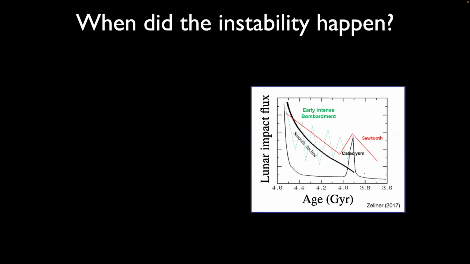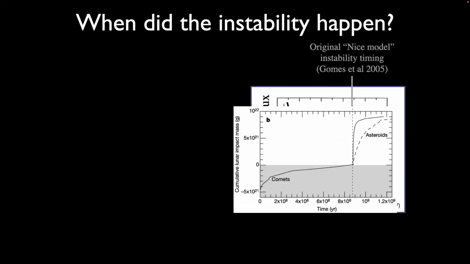And the initial Nice model dynamical instability was kind of anchored to this. The idea from the original dynamical instability model for the solar system was that we can explain a bunch of stuff bashing in the moon at a given time if the solar system formed in a slightly more compact configuration, stayed there and waited about 500 million years, and then went unstable. It can match this spike, right? This is the idea proposed by Gomes et al. 2005. In this idea, the dynamical instability happened right there, and that's when there's a giant bombardment of asteroids and comets in the inner solar system. Right? But